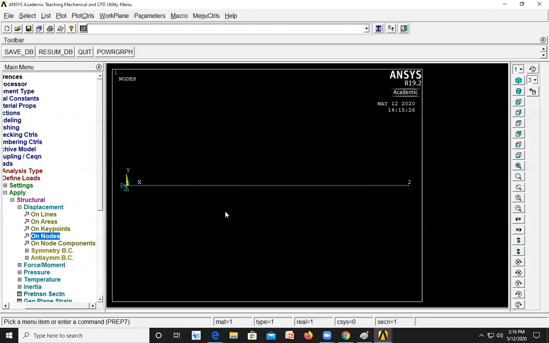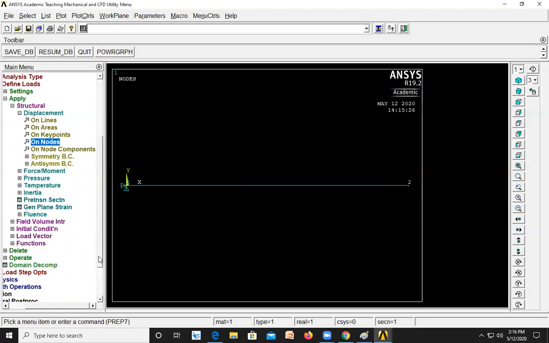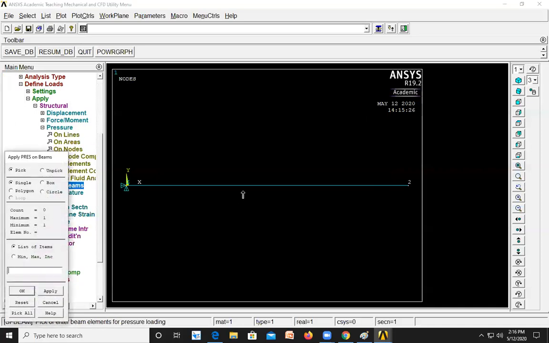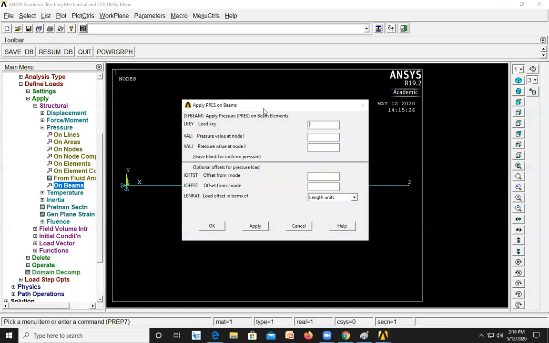Click on OK. Now in order to apply the uniformly varying load, go to the pressure on beams, select this element. This node is considered as node I and this node is considered as node J. Click on OK.